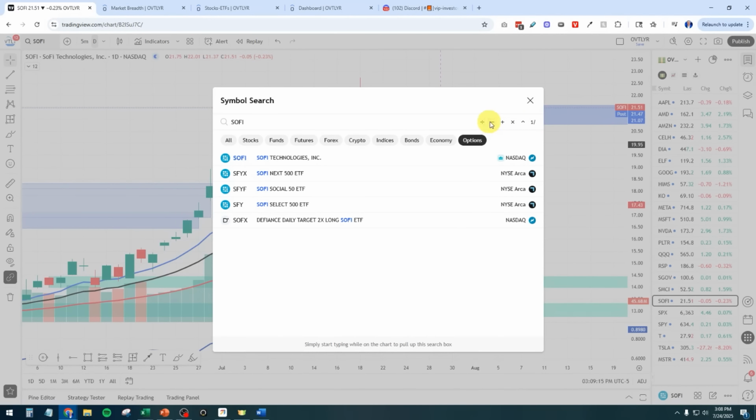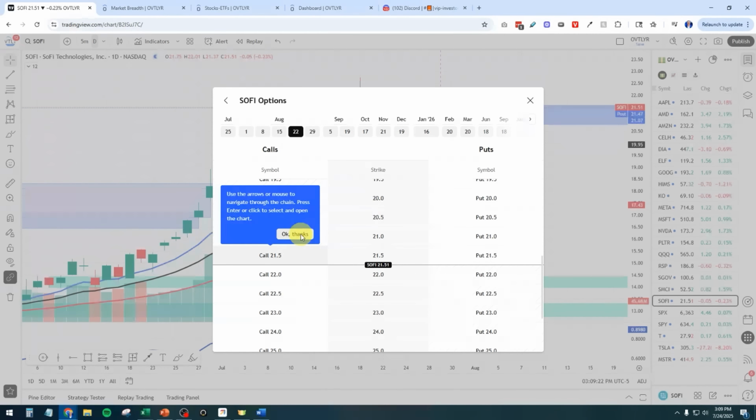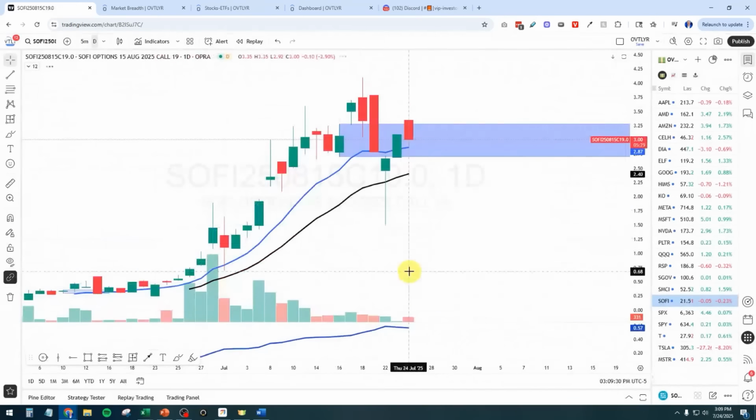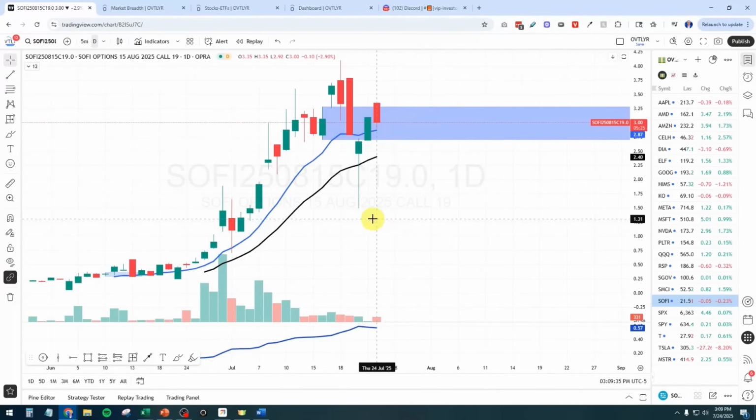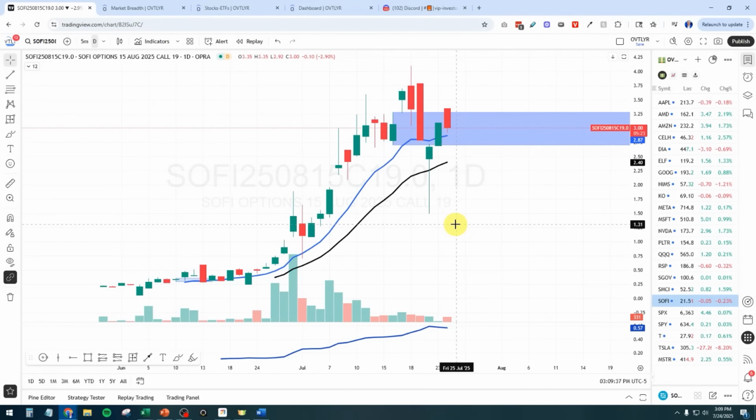I've never even noticed these math symbols up here. Now I'm curious what that is. Okay. Pick the company, SoFi. Whoa. Now pick your date. So August 15th at the top. Okay. Then pick the call you want. Let's go with the 19th. And those are, you can look at the volume. I had no idea this existed.